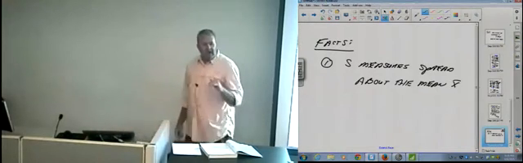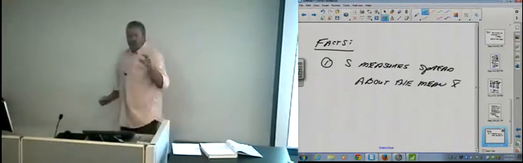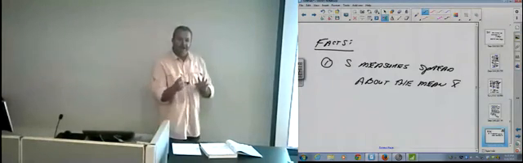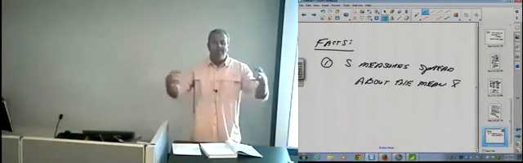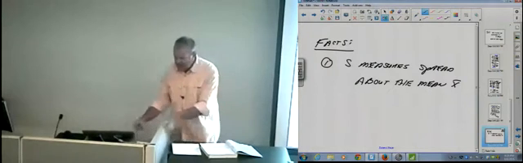The reason I put that one like that is because I want you to know that when you use the mean to measure the center, you use the standard deviation to measure the spread about that mean. 2,